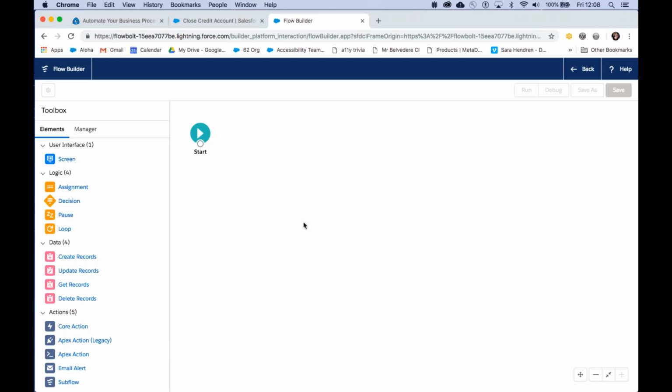If you've used other tools like Process Builder or Lightning App Builder, the interface is probably going to feel a lot more familiar. We've made it a lot easier to find your way around flows. The elements are a lot more distinctive, as you'll see when we start to drag them on the canvas. The text is a lot more readable. The shapes are more intuitive, and we've streamlined the toolbox a bit, so it's easy to find the element or the resource you're looking for. We'll talk through those as we build out the flow.